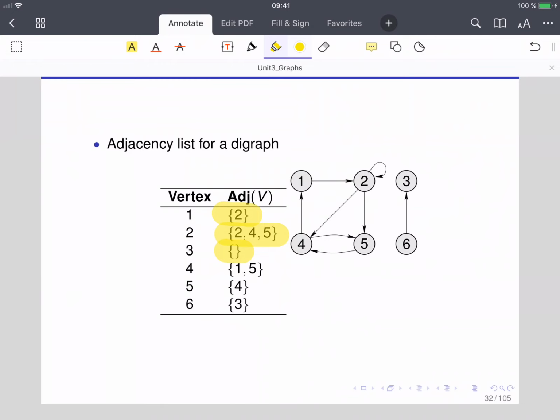Okay, this is similar to what happens with the adjacency matrix when we have a row that is completely zeros. In position 4 we are going to store the elements that are adjacent to 4, which are 1 and 5. In position 5 the vertices that are adjacent to 5, which is only 4, and in position 6 the vertices that are adjacent to 6, which is only 3. Okay, so